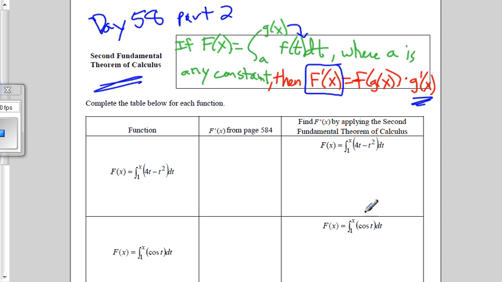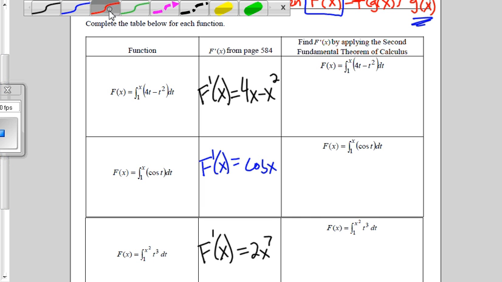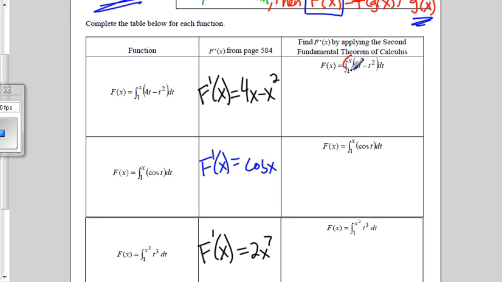I kind of went through and explained this already from the previous page, but I'll write it up again just so we can see it. For all four of these examples, we already know what the derivative is from our original answers. But let's use the second fundamental theorem of calculus, which says take this, put it into the t, and that's going to give us our derivative. So capital F prime of x is equal to